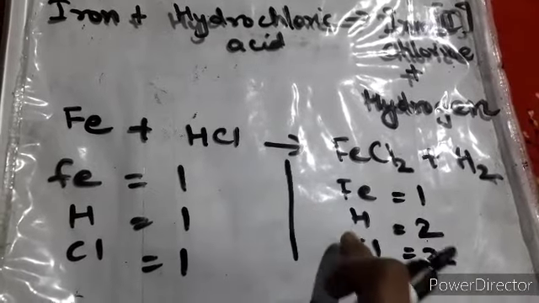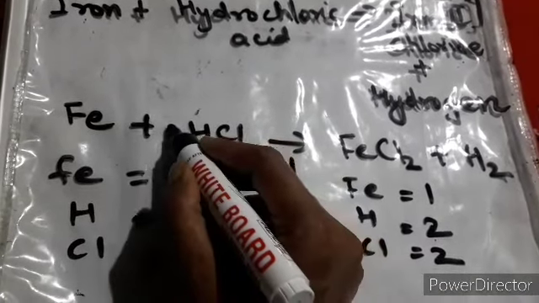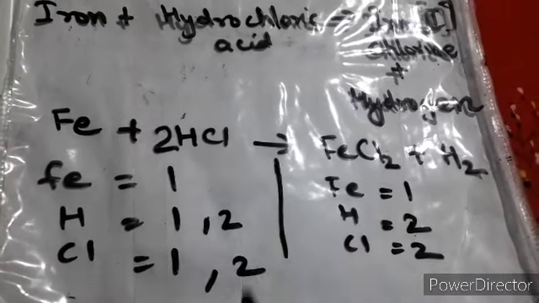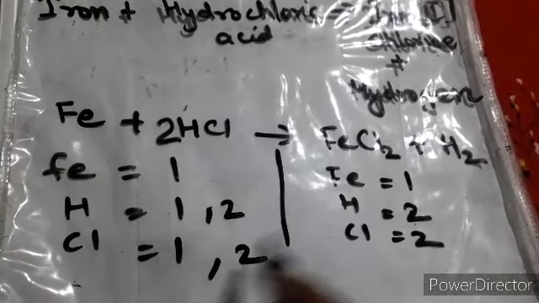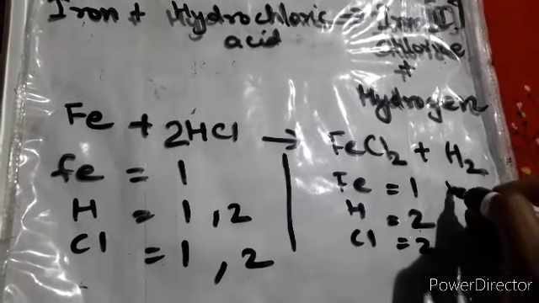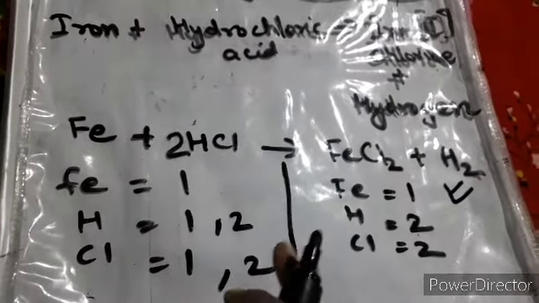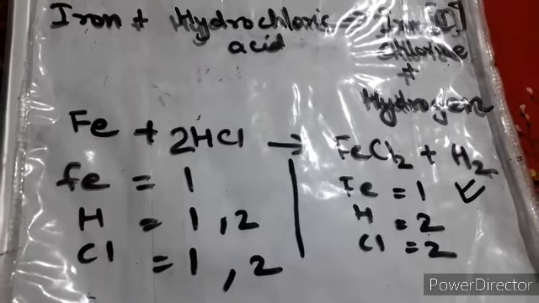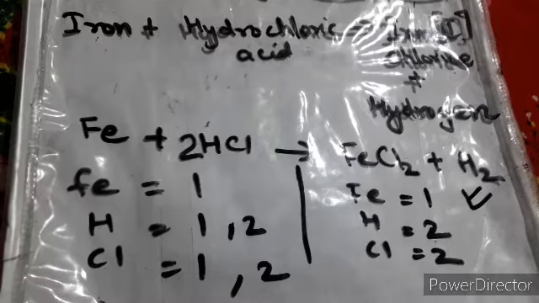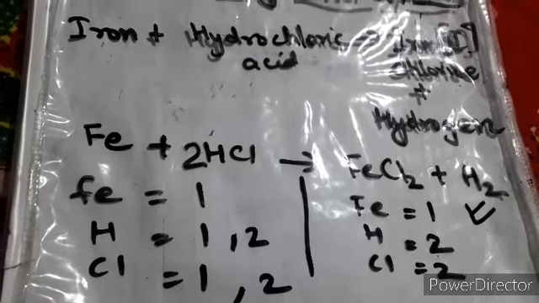So what are you getting? 2H and 2Cl. It's easy. Put 2 over here. So this will change from 1 to 2. Everything has come to the same numbers, so it means this particular equation is balanced. Both the equations I have written are in your book, on page number 16. I am giving you the answers also when I am solving it, right?